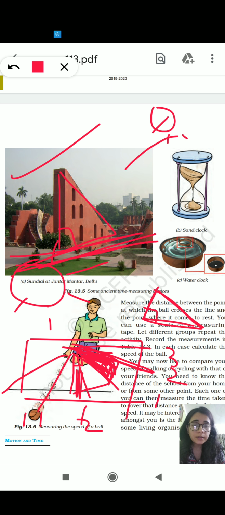But there is a disadvantage of this. A very strong disadvantage is that it requires sun. What about if it is cloudy weather or there is no sun? So we cannot measure time on that day. So it was used by ancient people to have the approximate time of the day. But nowadays we have watches, smart watches, clocks which can measure time very accurately.